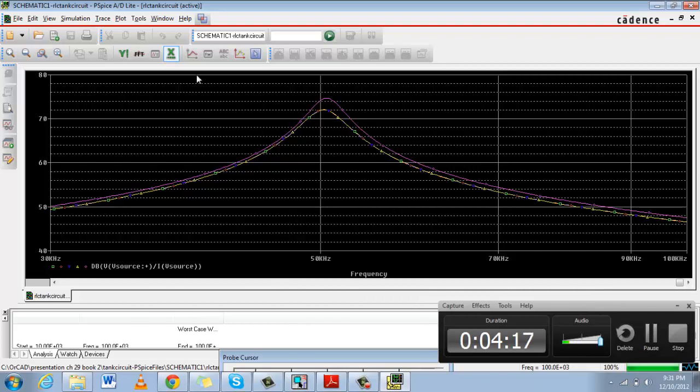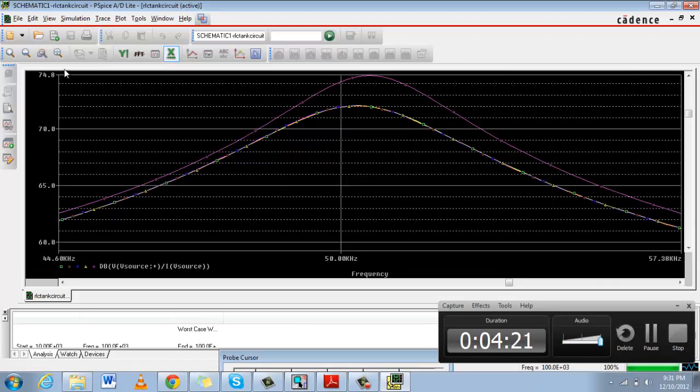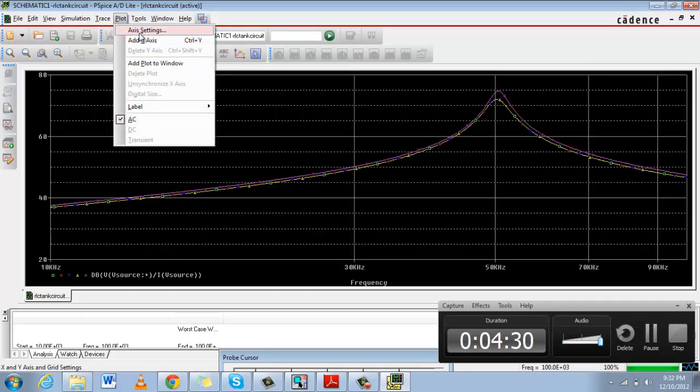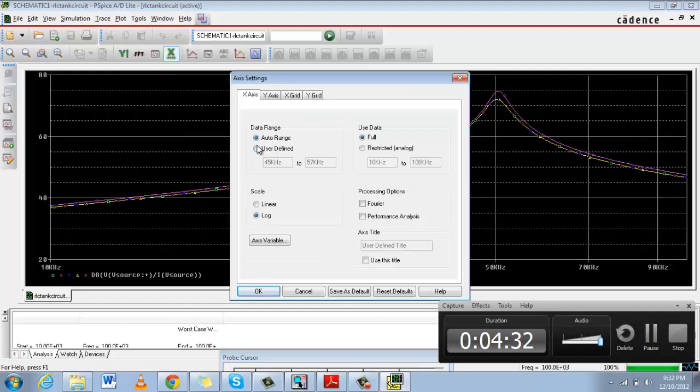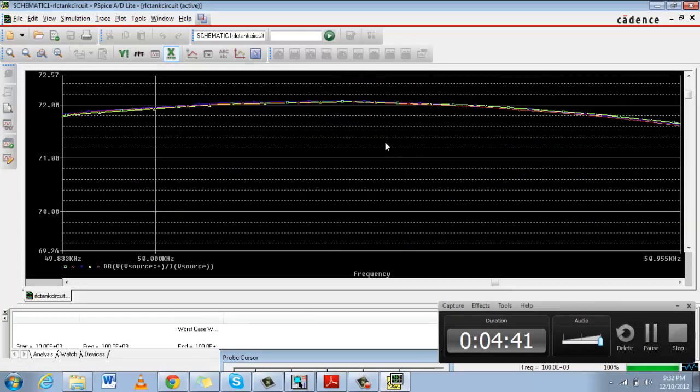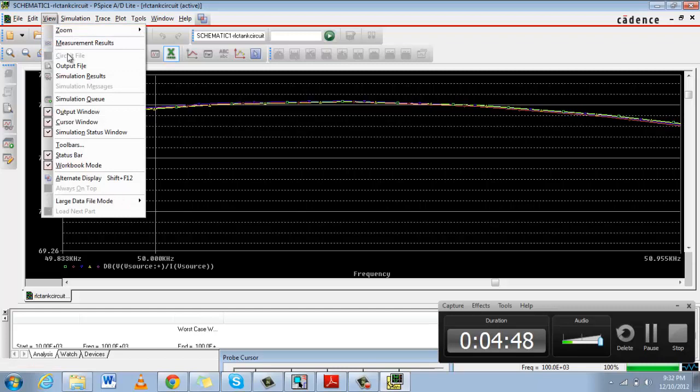So now when we try to zoom in, we can see a different number of curves, and when we go to the output file,